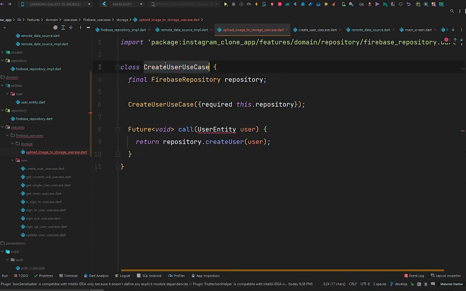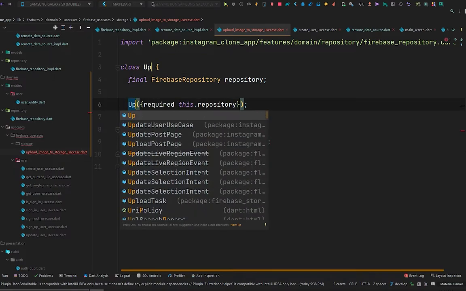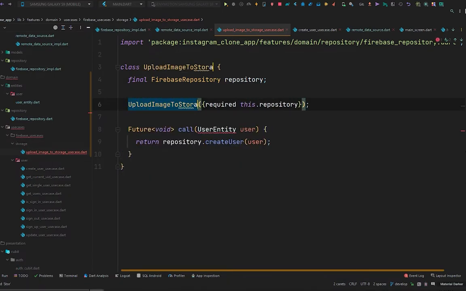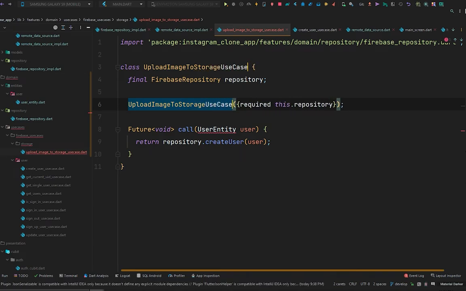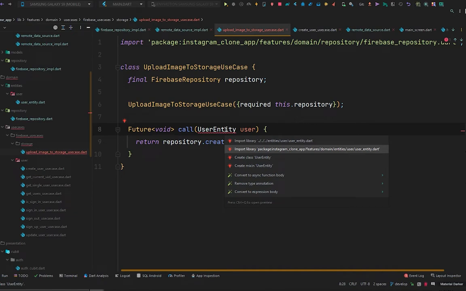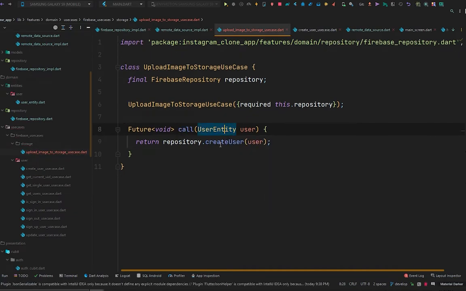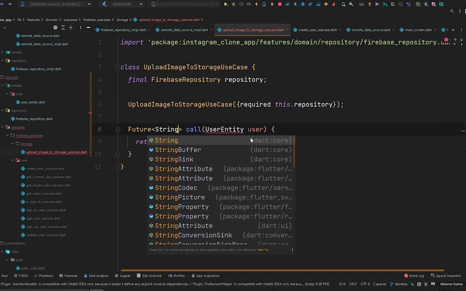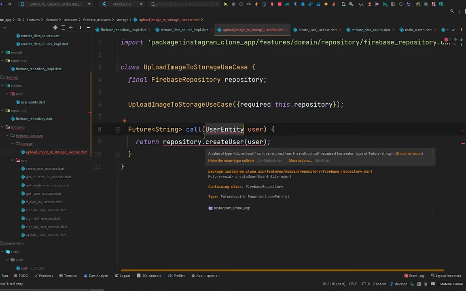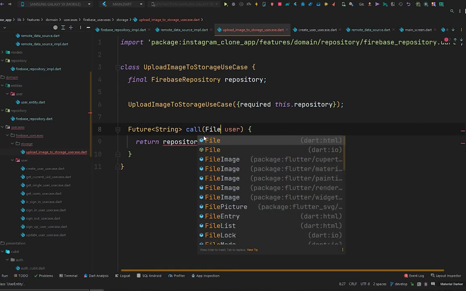Now import this Firebase repository and change its name to upload image to storage use case. We don't need this user entity, so leave it like this. This will be of type Future String, and we're going to take